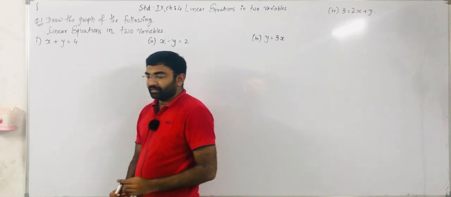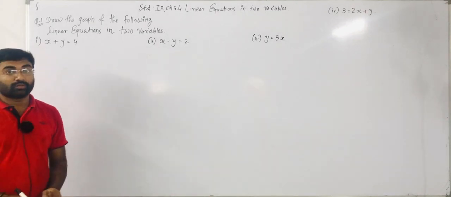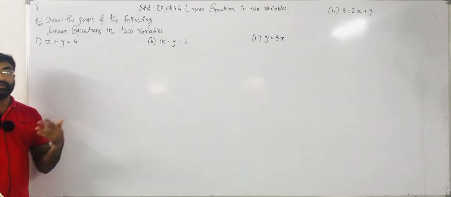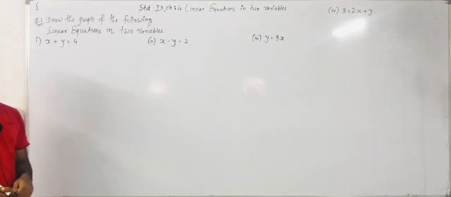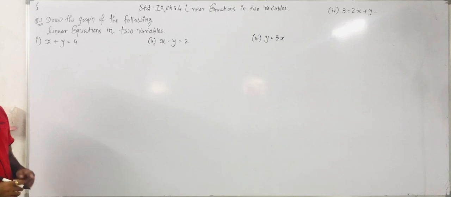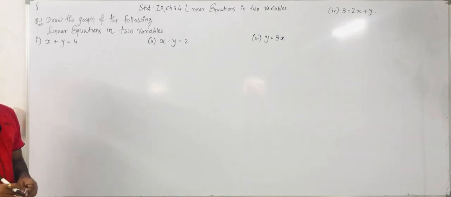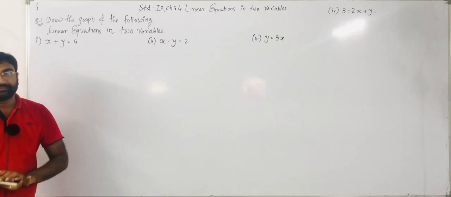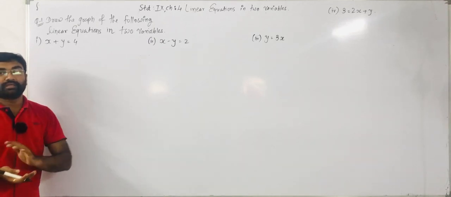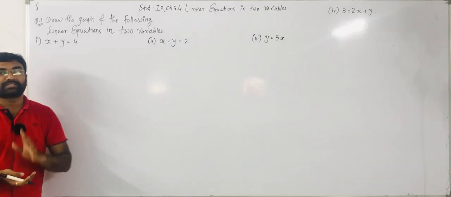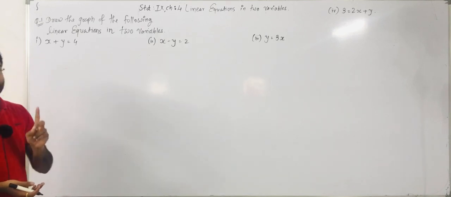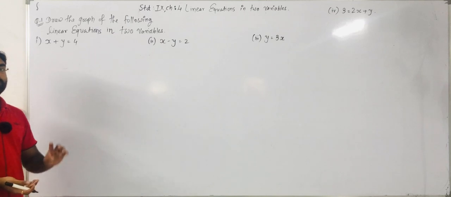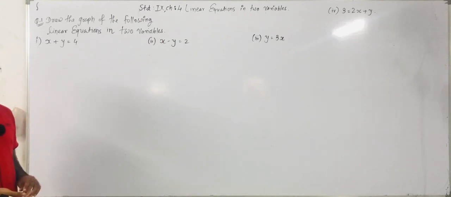In our previous video, we defined the solution of a linear equation, in which we define different values of x and y, and using that we find the solution of the given linear equations. Now, based on the solution, we have to draw the graph of the linear equation, which is always a straight line because its degree is 1. Whenever any polynomial's degree is 1, the polynomial's graph is always a straight line.